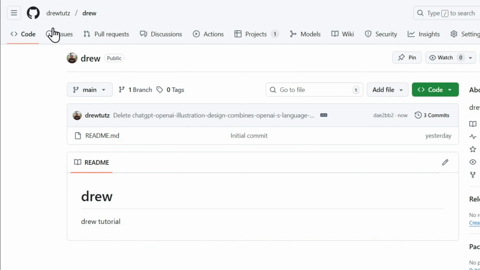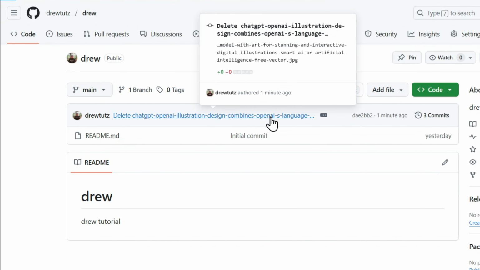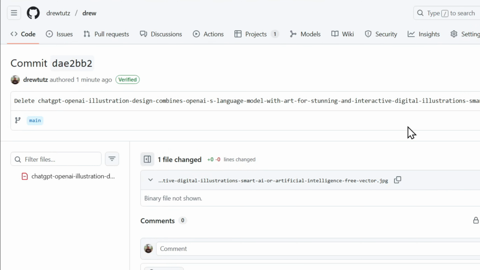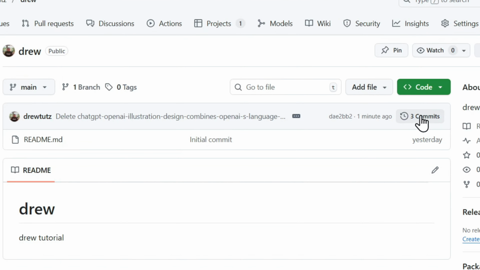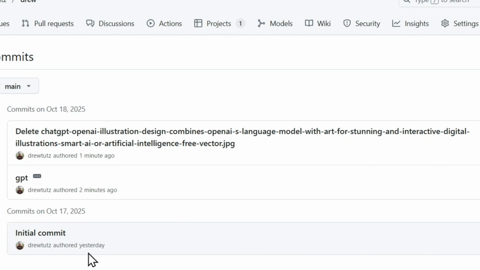Now, if you look here under my codes again, you can see what was done. If you click on this, you will see that it's deleted. Or if you simply go back and click on the commit history, you can see what was done. The file was there. You can see what was done, and you can see that it says delete, and it's